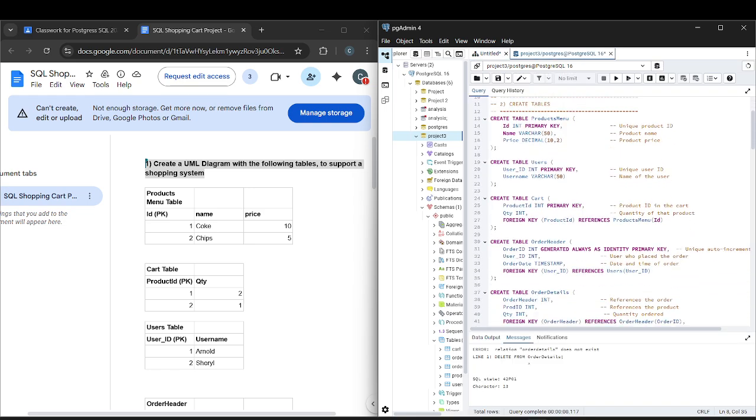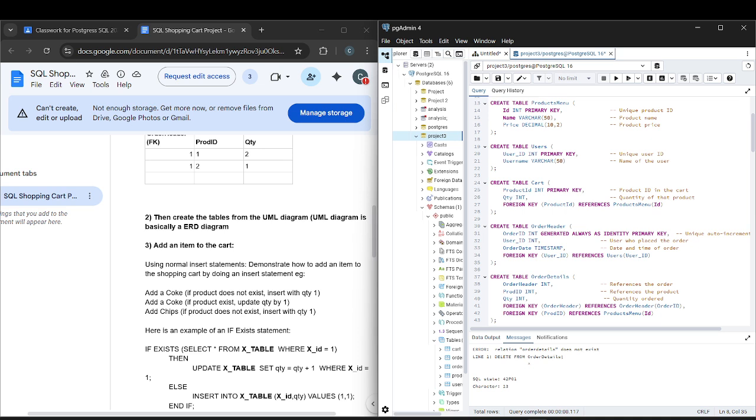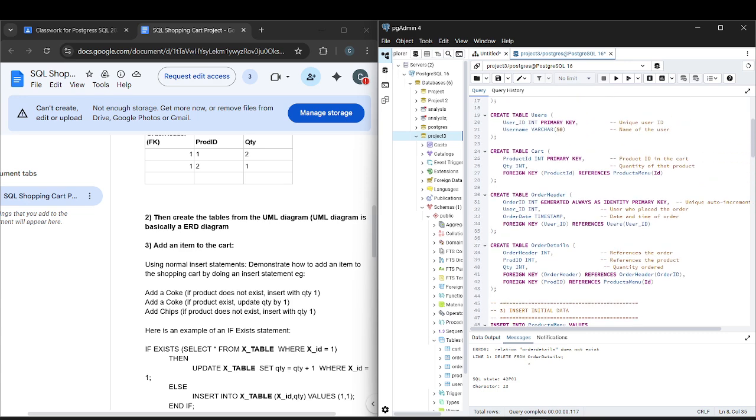Okay. The next instruction was to create the tables from the UML diagram. Over here, I have the tables. Each one has the primary key. The primary key just stores each product with a unique ID, and no two products can have the same ID. We have the product name, which stores the name as text, and then we have the price decimal,